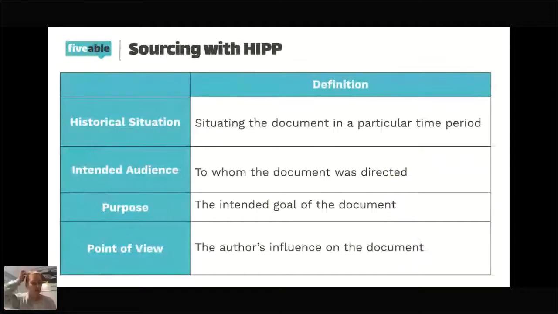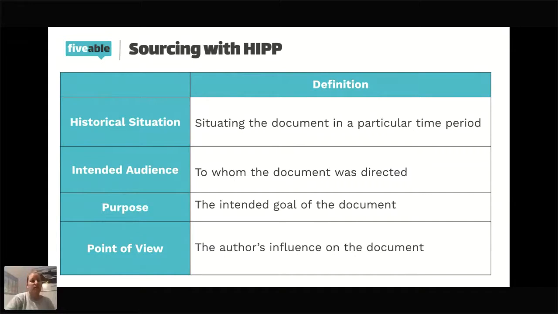And where I get the words H, I, P, and P actually comes from that DBQ rubric. So I just pull it straight from there. Now on the AP test, you're going to have to use your sourcing, and you're going to have to do it for several different documents. And so you can use the same type of sourcing for multiple documents, or you can use a wide aspect of these. Where I always tell my students is